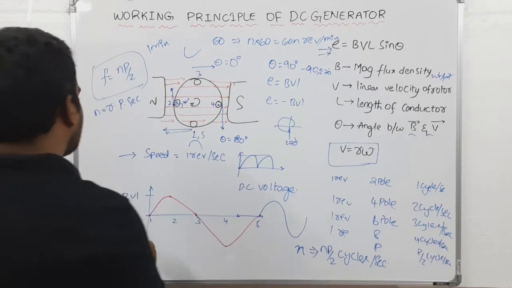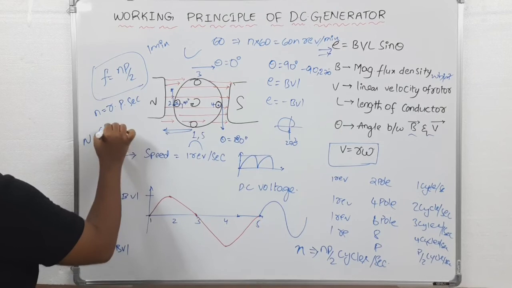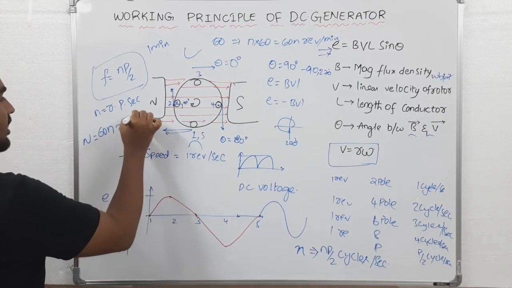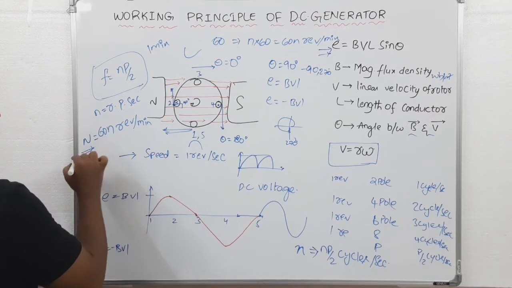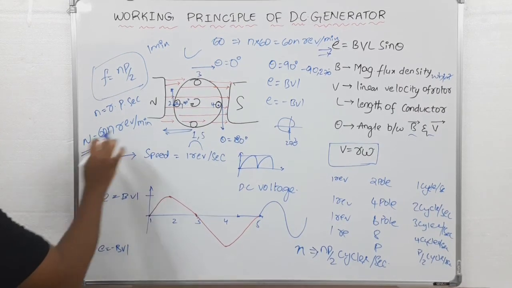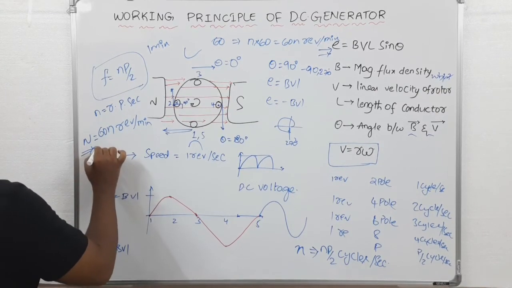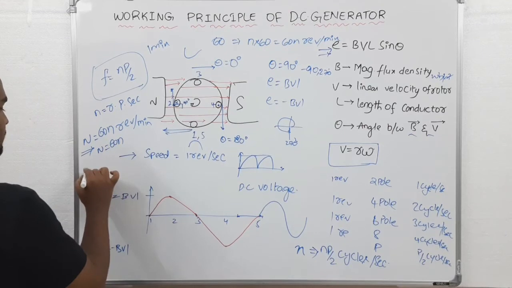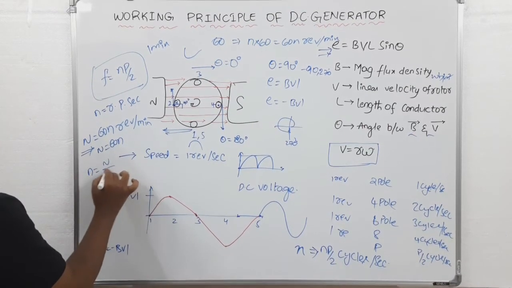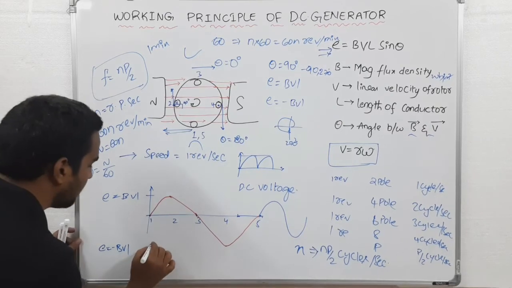Okay, we'll call it capital N. Capital N equal to 60 n revolutions per minute. So this is a very important term. We measure the speed in revolutions per minute. N is RPM. RPM N equal to 60 into RPS. So small n equal to capital N by 60, and therefore